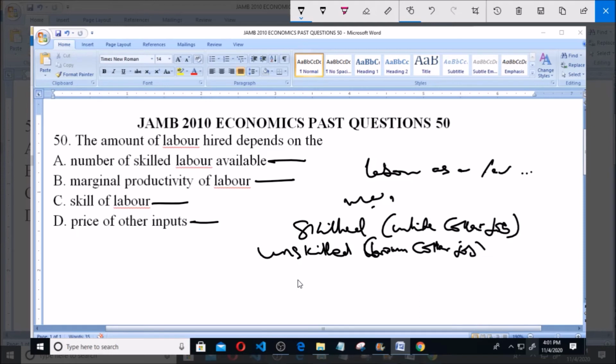So based on this, the right option for this question, which says the amount of labor hired depends on the number of skilled labor available, marginal productivity of labor, skill of labor, price of other inputs. So the amount of labor hired depends on the skill of labor. So option C